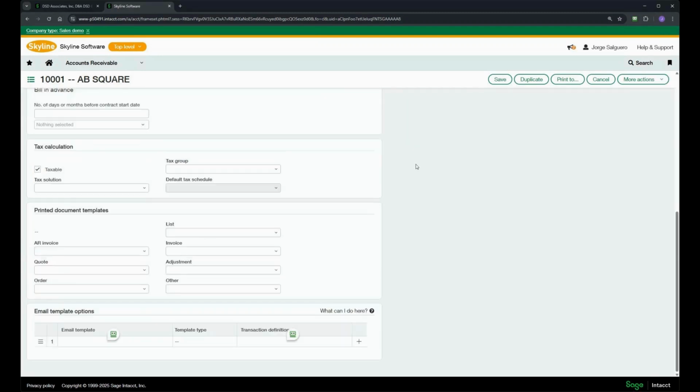Okay. So another thing you can do is you can hide entire sections. So you can actually, let's say for example, you do not want your users to go and be confused with all these fields that they need to fill out, like, for example, printed document templates, and you want to simplify things for them. You can go ahead and edit this page again,